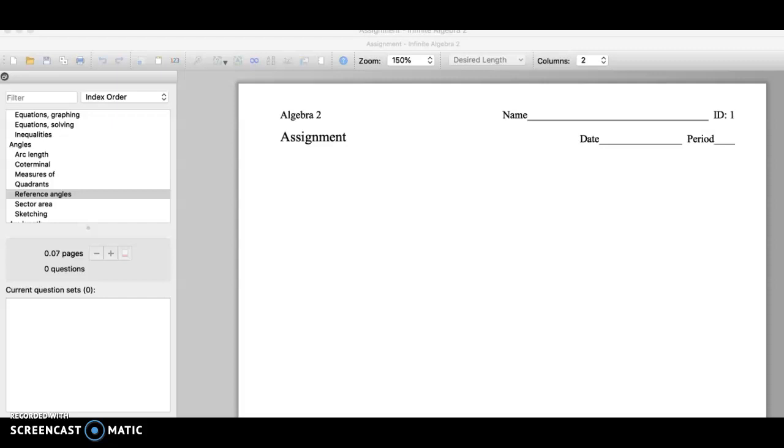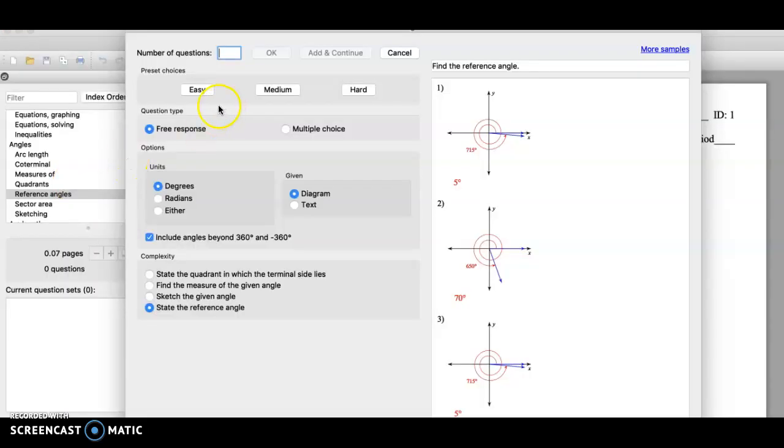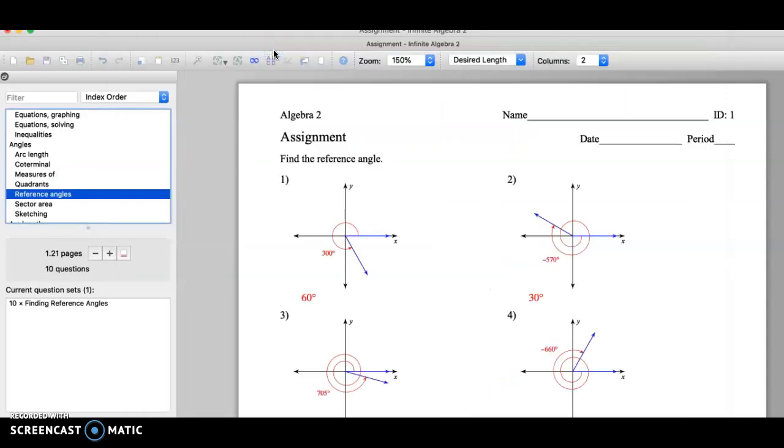Okay, so what you see here is just Kuta opened up. This is Algebra 2. You can open up Geometry. You're going to create an assignment like you normally would. I could put reference angles, how many I want. Okay. Now,